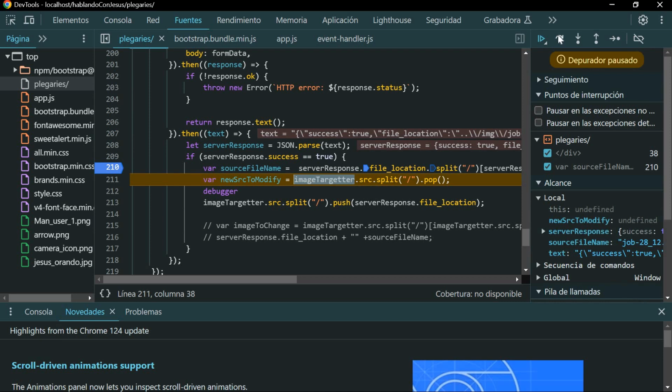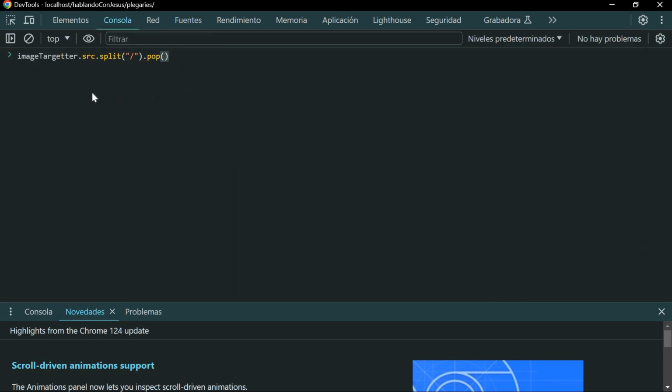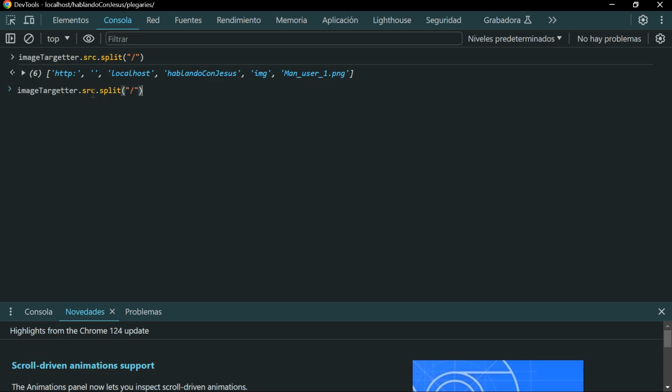I have to save that on a variable, var new src to modify. And that will work better. Okay, let's go. Let's see. As I told you, we're going to do many things that are going to be easy things. Now, if I see this,